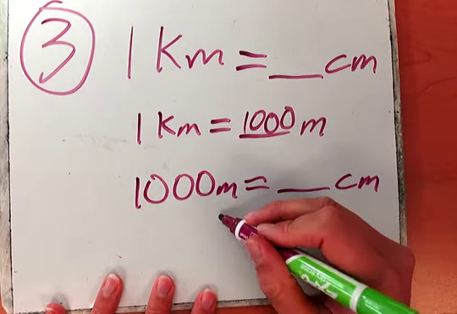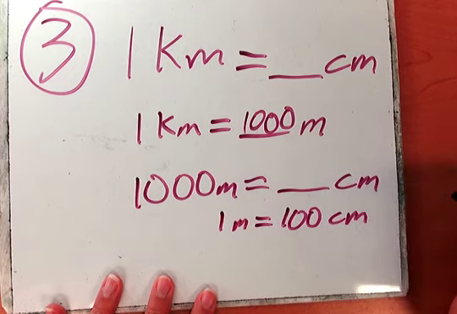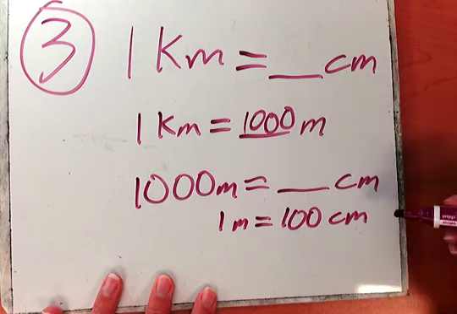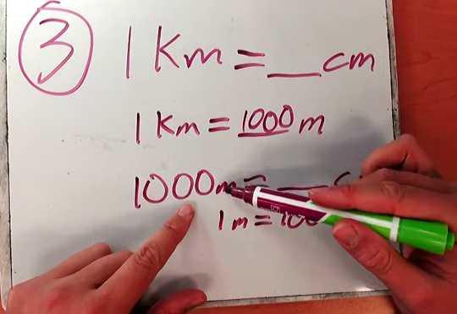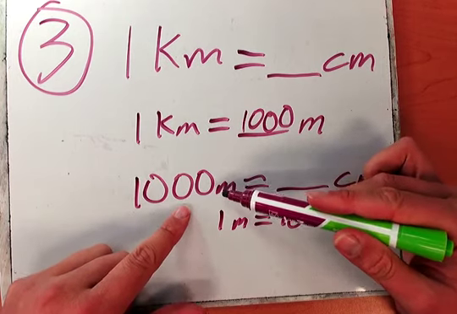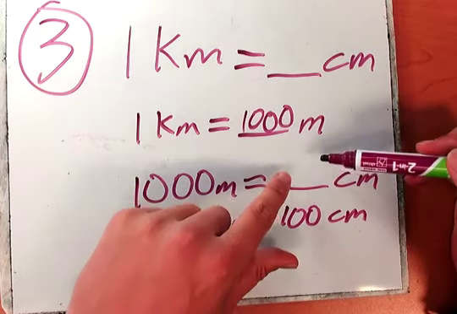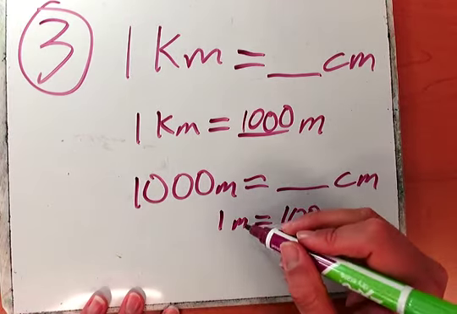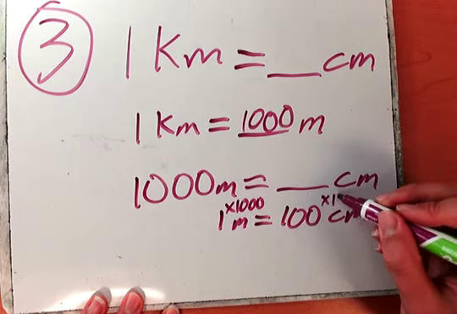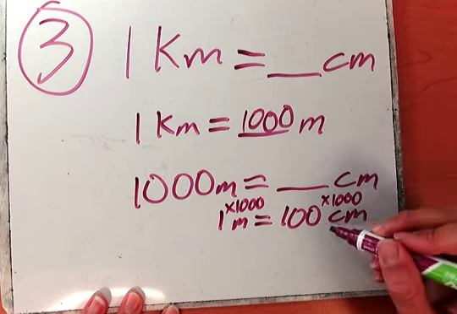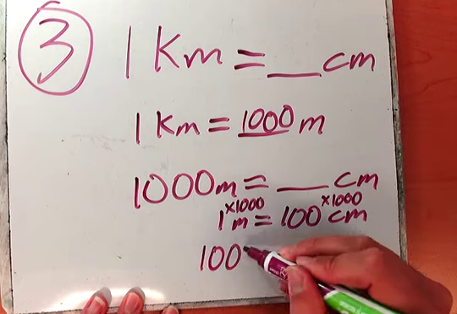Well, I know that 1 meter is 100 centimeters. So what do I do with this fact? Do you see how I can scale this up? This scales up by 1,000. If I scale that up by 1,000, since this is equivalent, I can just scale this up by 1,000 too. Scaling up by 1,000 here is scaling up by 1,000 here, and we know we can just move that decimal point. So 1,000 meters